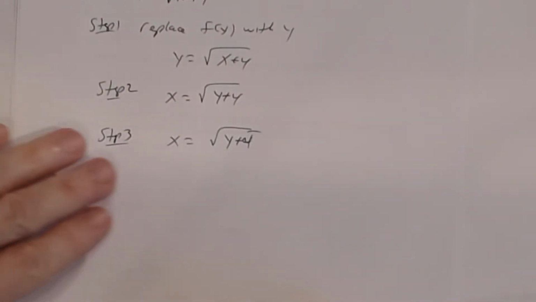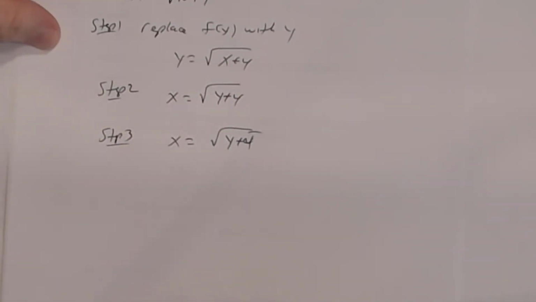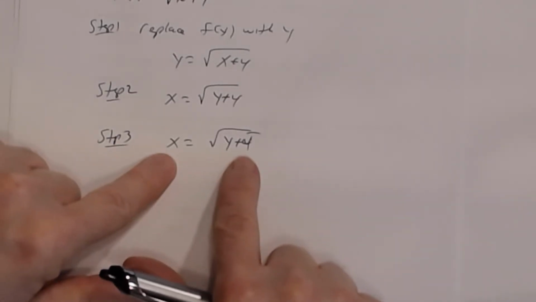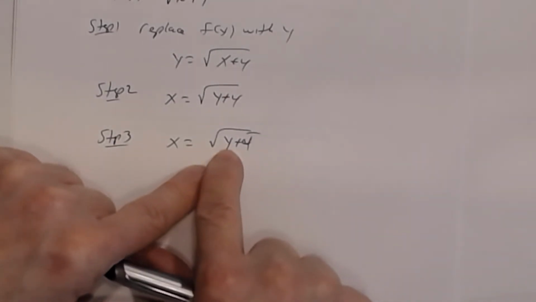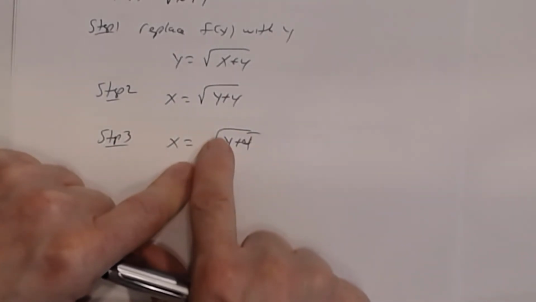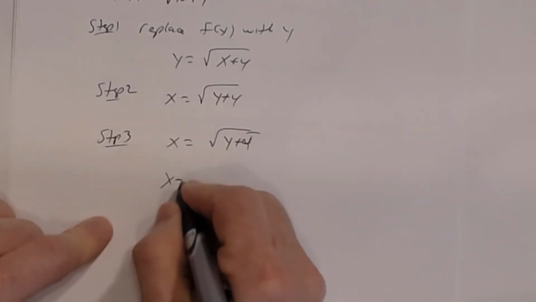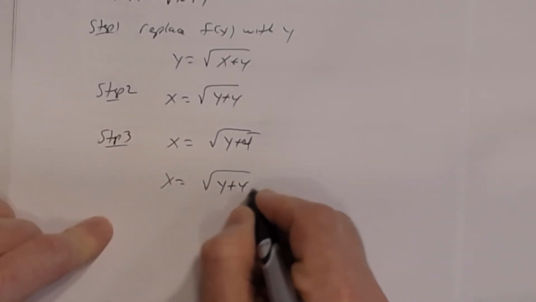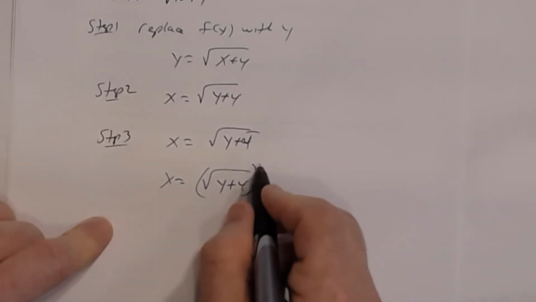Okay, now listen carefully to this. I'm trying to get y by itself, right? So you see the square root? I have to get rid of that square root symbol. One way to get rid of that square root symbol is to raise both sides to a power equal